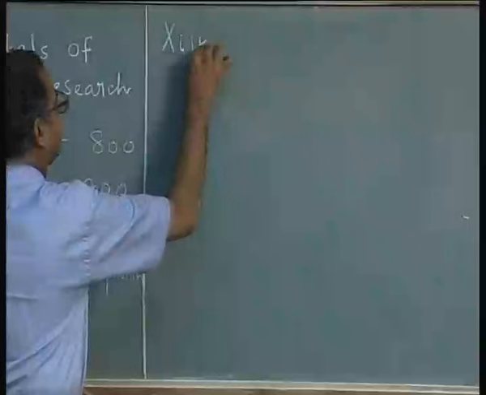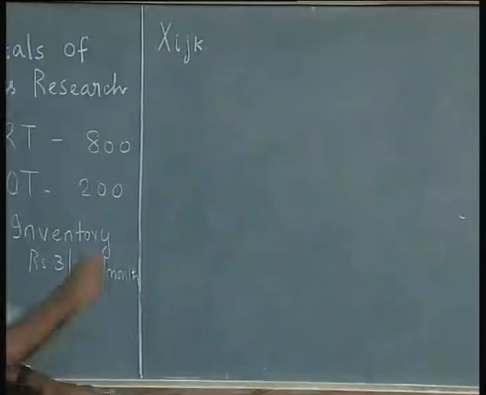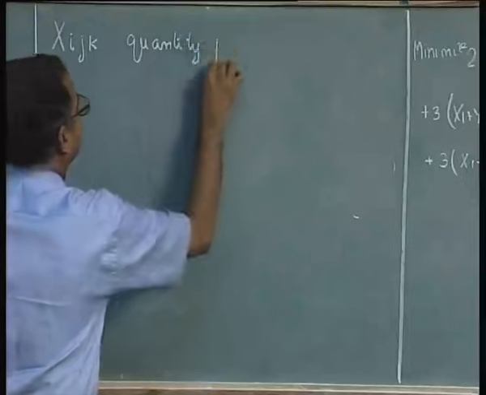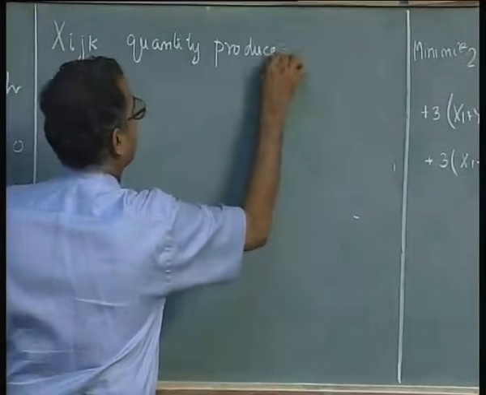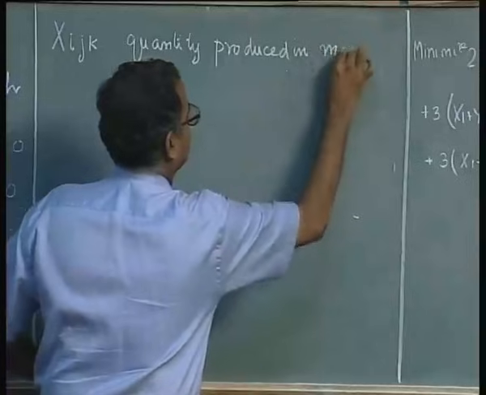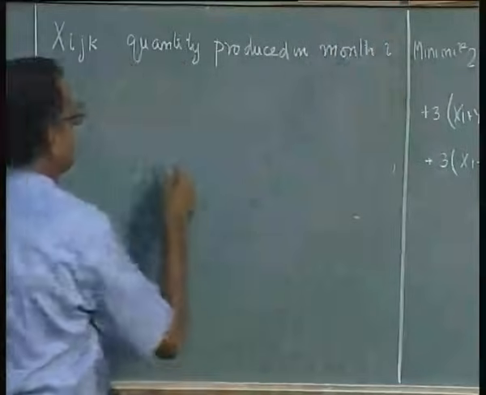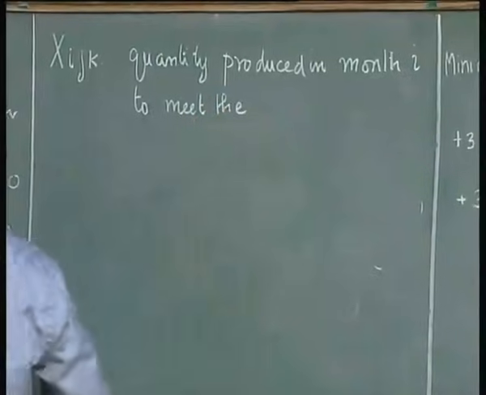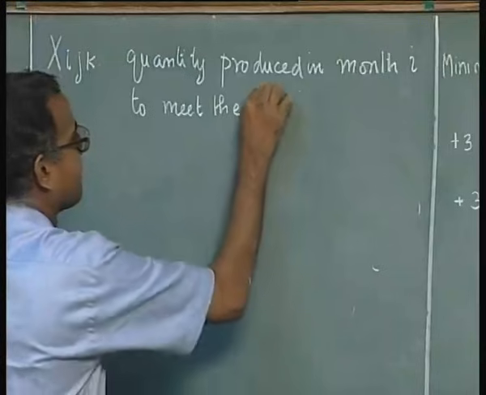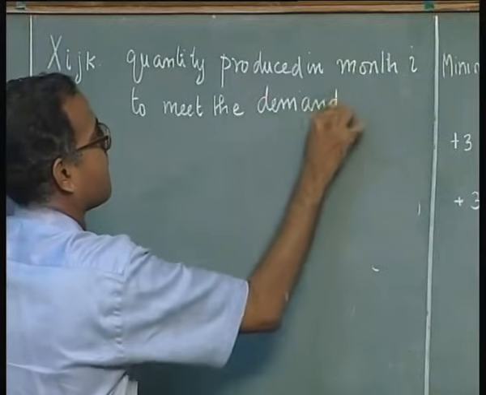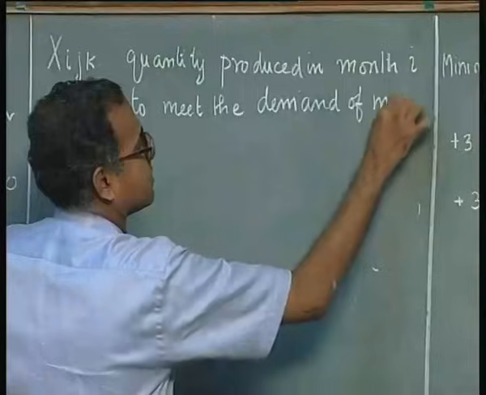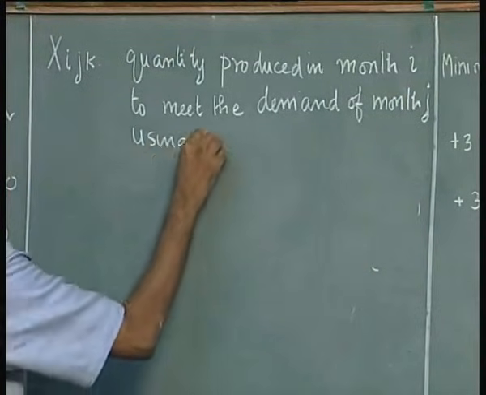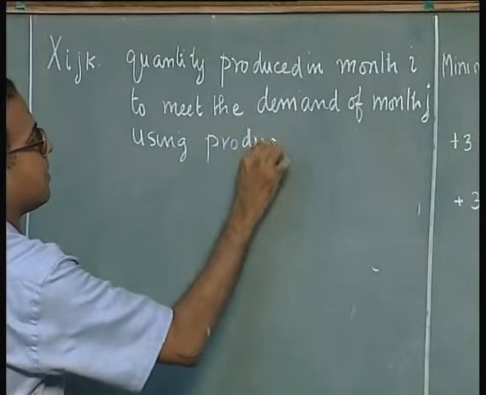x I j k as the quantity produced in month I to meet the demand of month j using production type